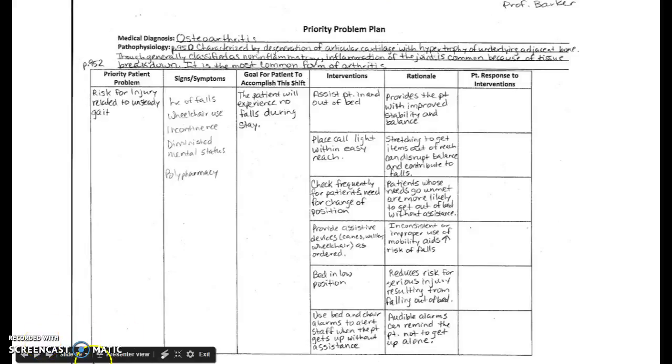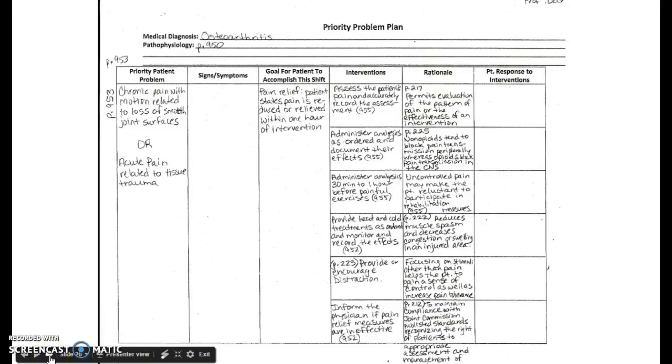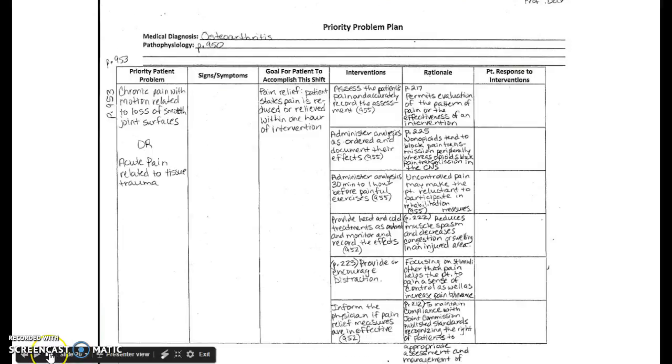Do you think you're getting the hang of these yet? Let's try one more. Again, this is about osteoarthritis. That's the medical diagnosis. That's the things that physicians can do. I didn't write out the whole pathophysiology here because it would be exactly the same as this one on page